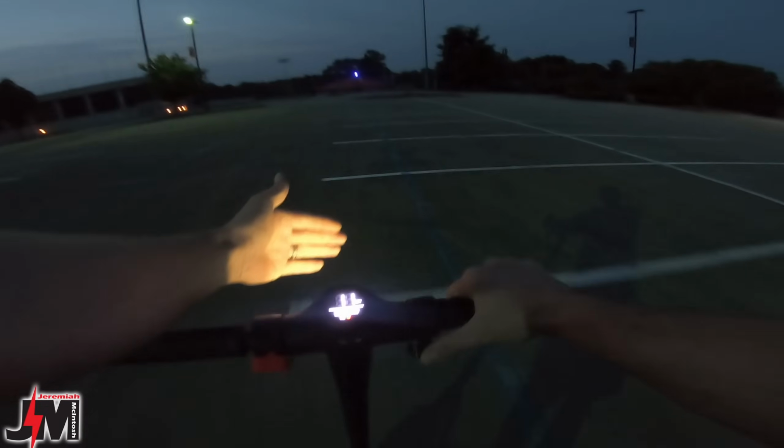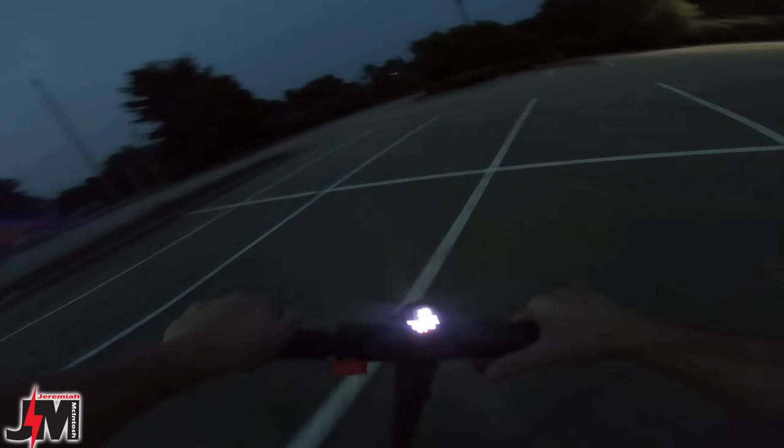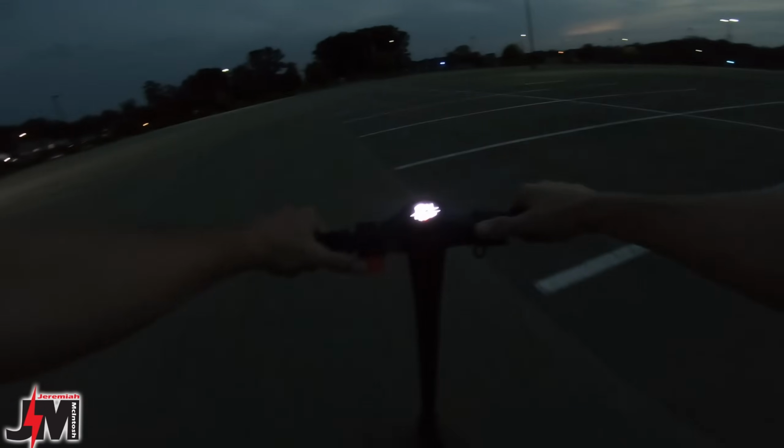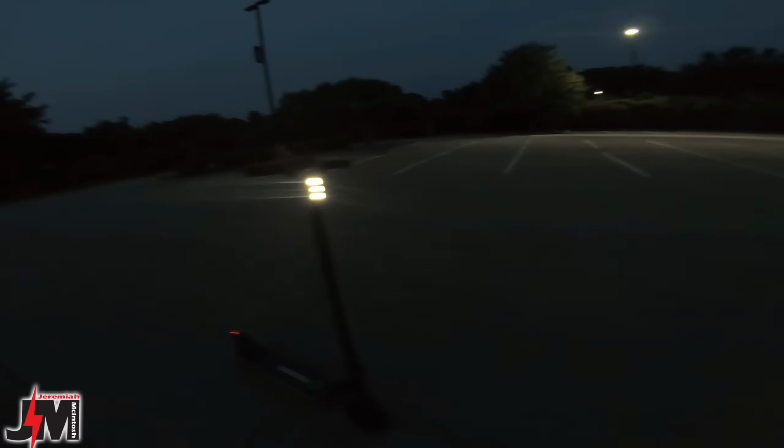Maybe 8 or 9. Hey guys, and you can see that this light is not bright at all. It's not even illuminating the ground whatsoever. It might be okay for people to be able to see you at night, but definitely not okay for you to see things at night. So there's the front light. So you can definitely be seen from other drivers with it, but you're not going to be able to see with it. And there's the tail light. Tail light's not very bright. It does get brighter when you pull the brake lever, so that's nice, but you can see I'm getting pretty